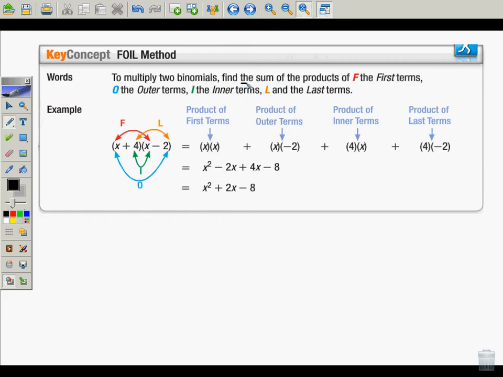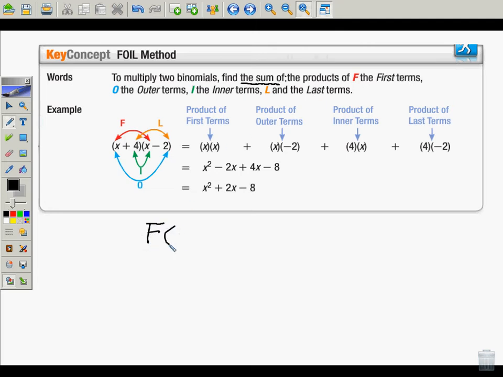The sum of the products of the first terms, and that's where we get the F in FOIL. The products of the outer terms, that's where we get the O. Inner terms, that's where we get the I. And the last terms, that's where we get the L. So you can always just remember FOIL